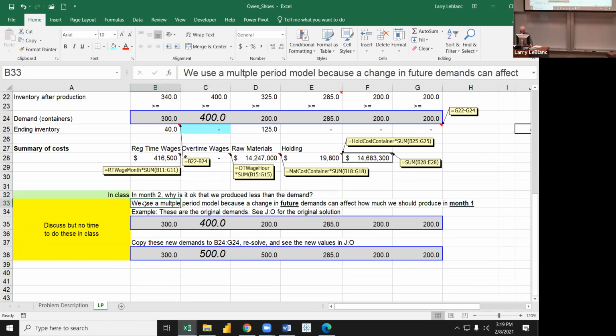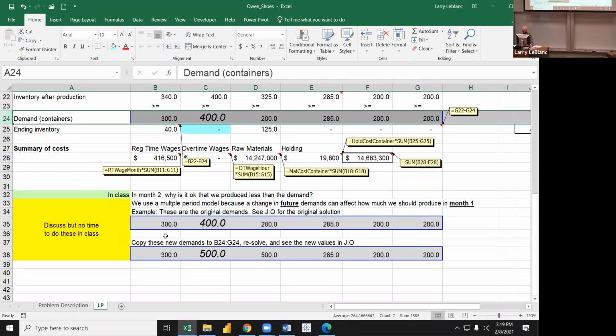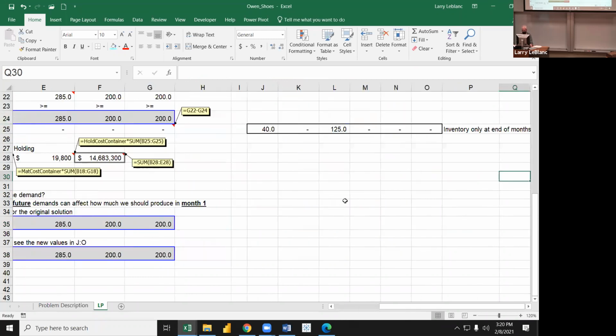We use a multiple time period model because a change in future demands can affect how much we should produce in month 1. For example, these are the original demands. In row 35, I copy row 24. If I change row 24 to put 500 in month 2 instead of 400, it would impact what I do right now. That's why I use a multiple time period